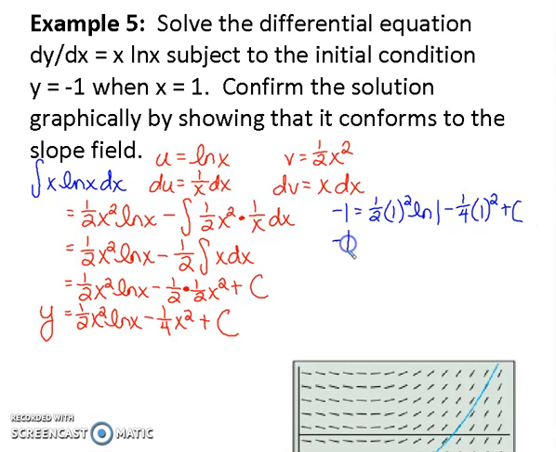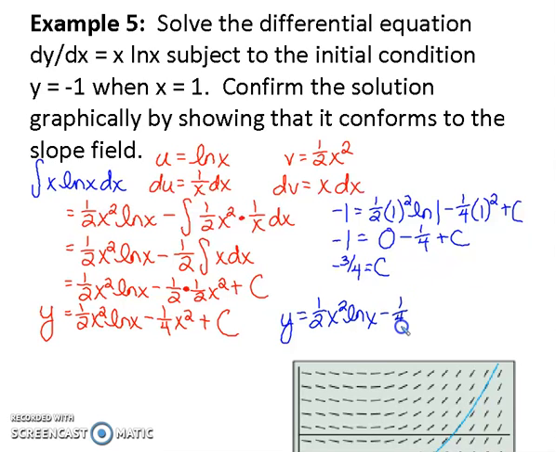So we get -1 equals, all of this first piece is going to become 0 because it's got natural log of 1 in there. And then minus 1/4 plus c. So when we add the 1/4 over, we get -3/4 for our c value. So our function would be y equals 1/2 x squared ln of x minus 1/4 x squared